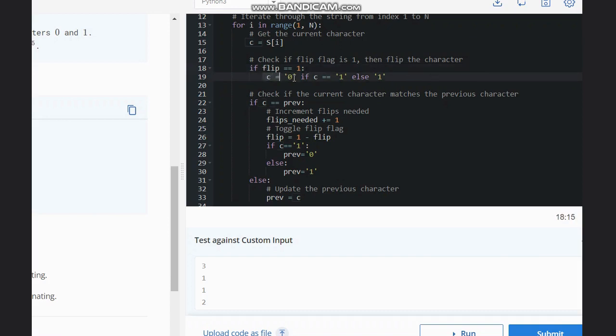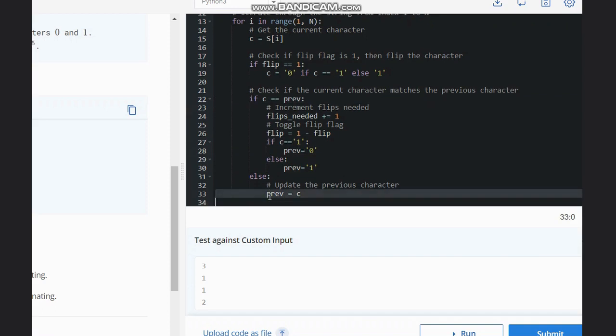So I will flip this character as well to 0 or 1 depending on whether it was currently 0 or 1. And if my current character becomes equal to the previous character, then I will increment the answer, toggle the flip, and check if my current character was 1, then previous becomes 0, else previous becomes 1. If my current is not equal to previous, then I will simply set previous equal to the current character.